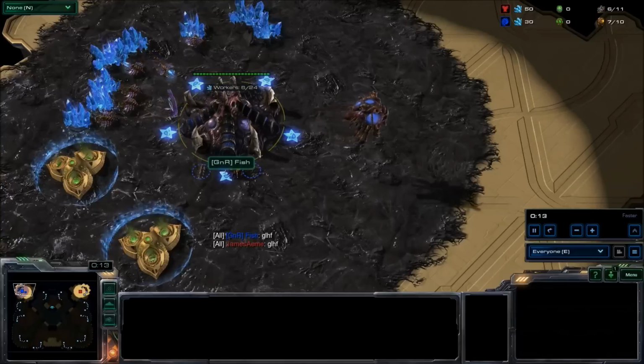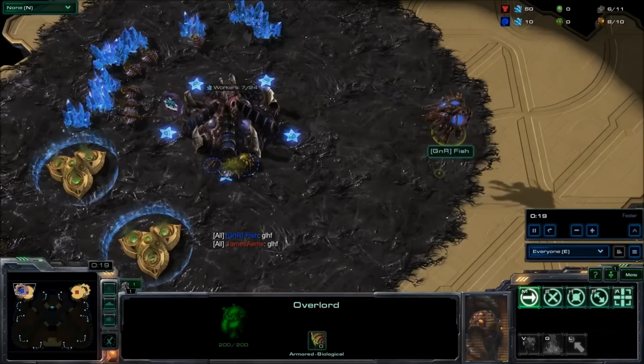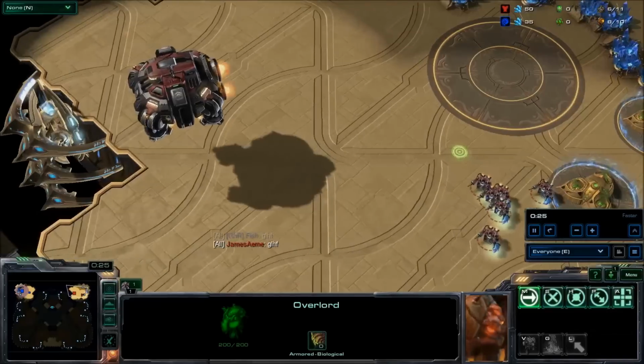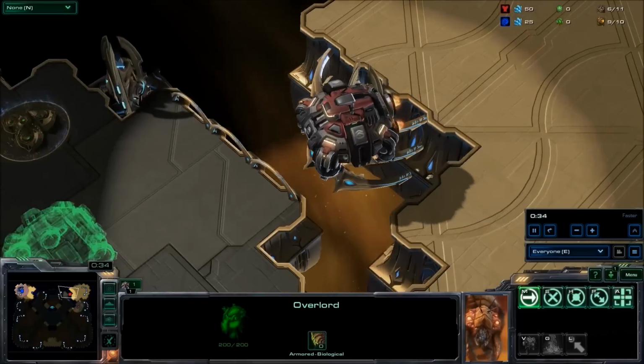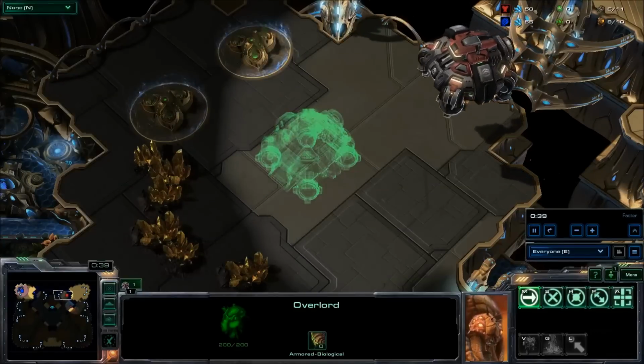Over here, spawning on the left side of the map, we have GNR's Fish, sending off his overlord to scout. And over here on the left side of the map, it looks like we have our Terran player in red, James Aim, who's going to go ahead and just float to